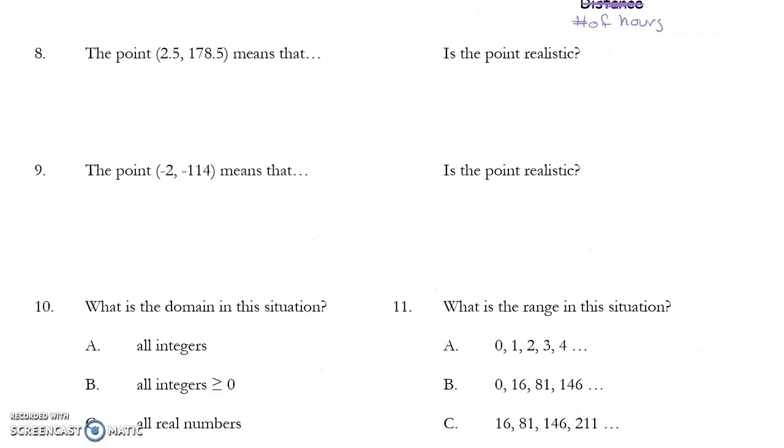The second part of these problems is asking us to determine if a point is realistic by first describing what the point means. So remembering that this is my x coordinate, this is my d of x coordinate, or my y coordinate. That is the number of hours, that's the distance. So what the point means is that in 2.5 hours, that's what the x coordinate represents,